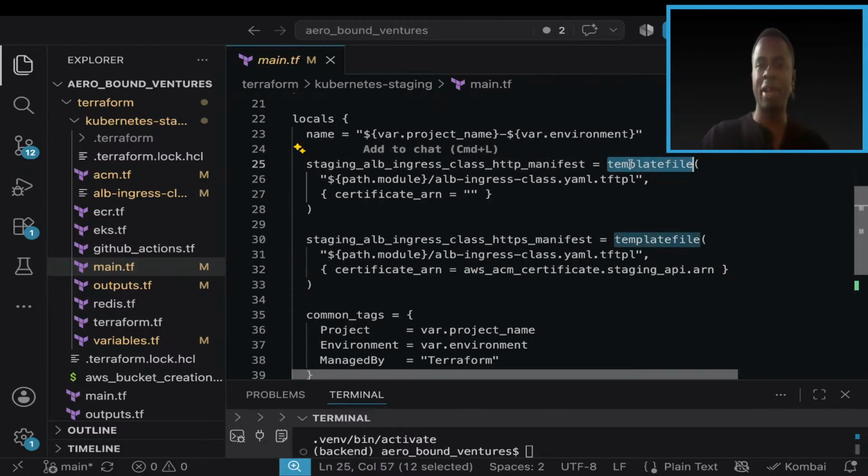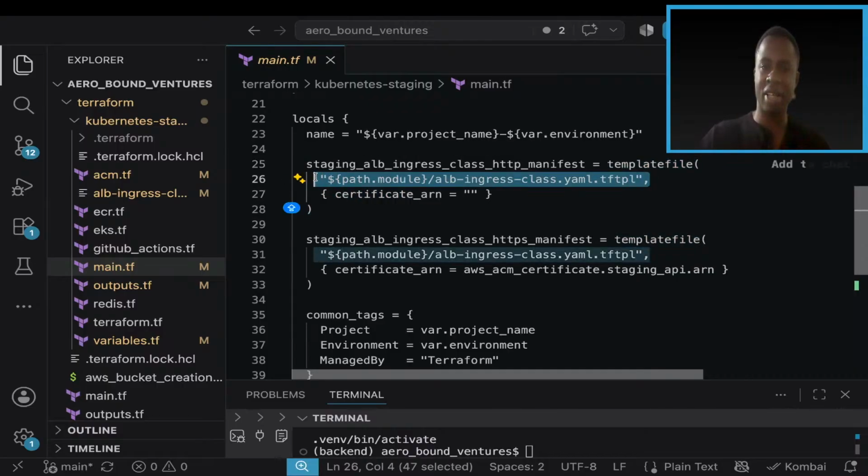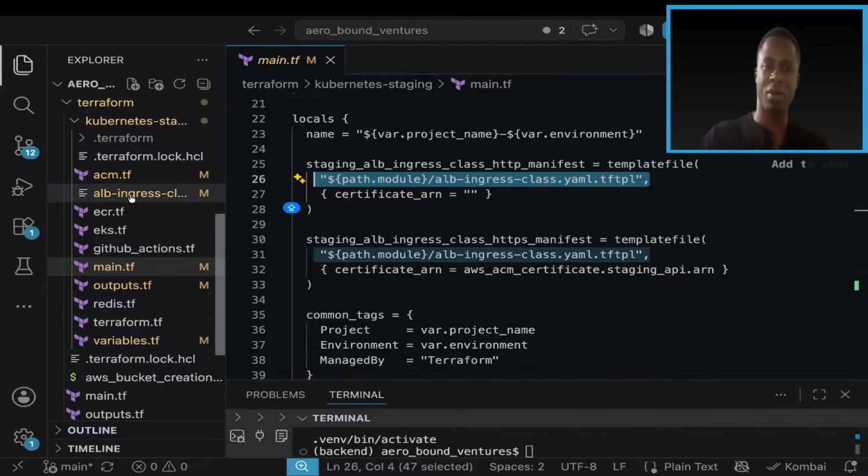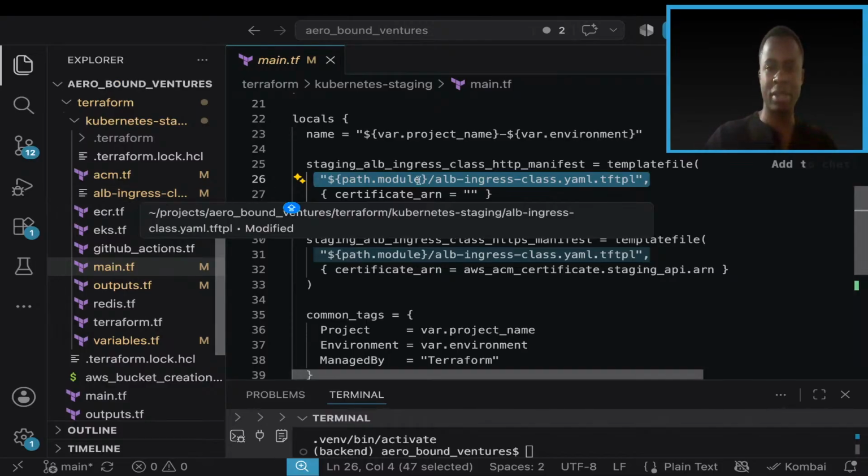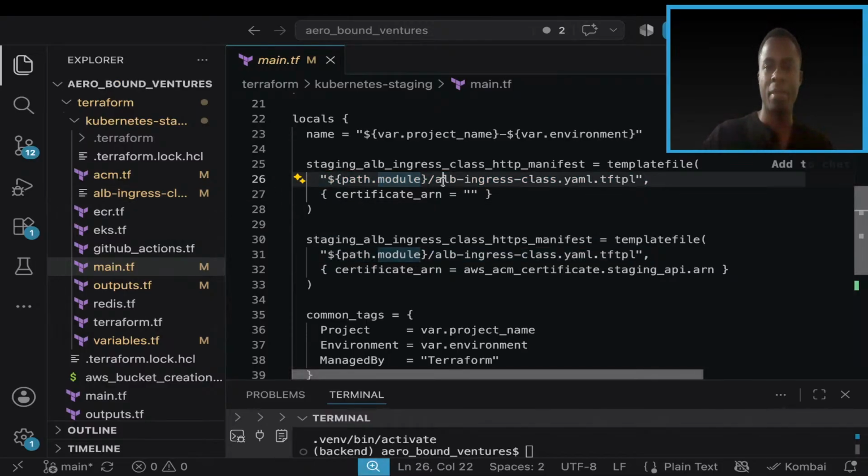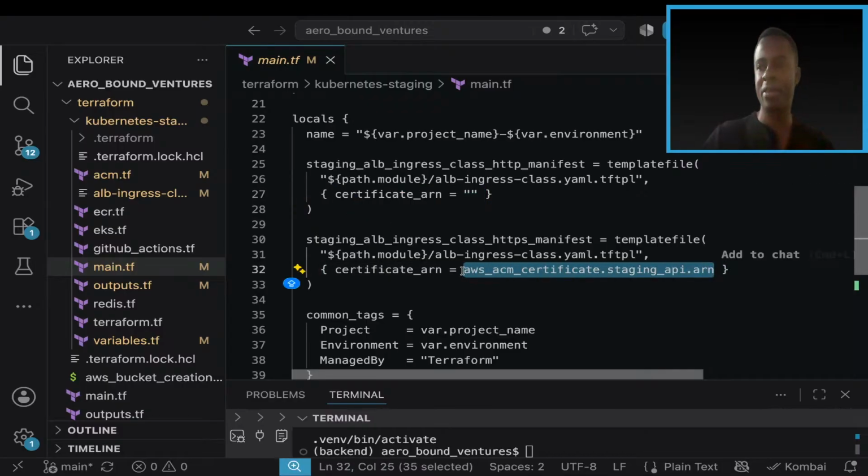So template file will render and pass variables to this. Are you seeing this? This is pointing to a file, the file I just opened right here, the one that you're seeing my cursor pointing at: path.module alb ingress class.yaml.tf_tpl. So we pass the empty string,